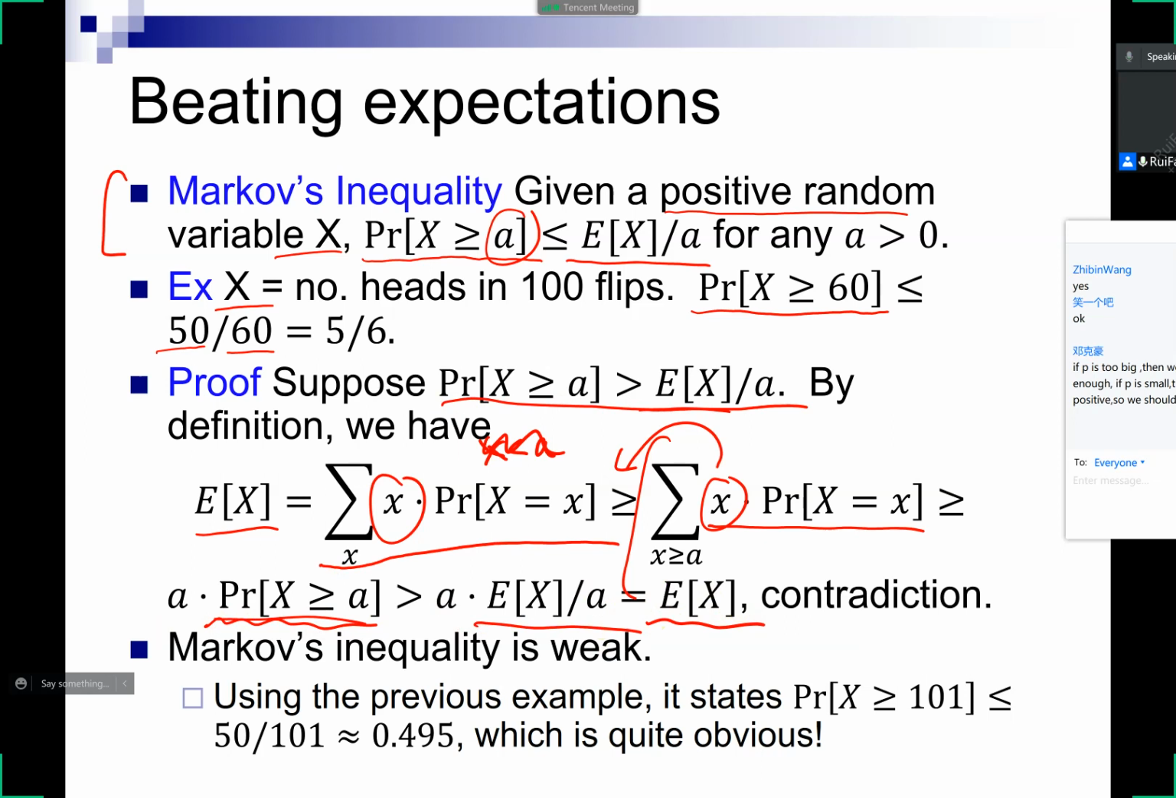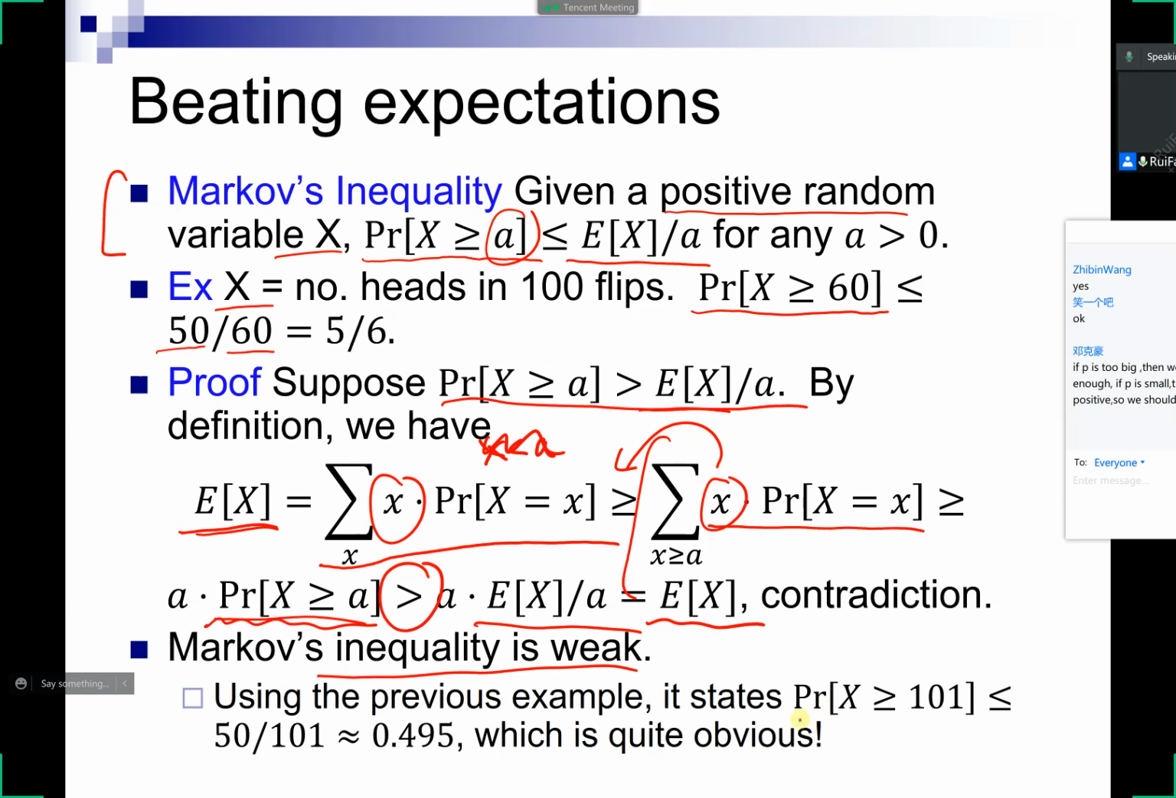Okay. And now you have a contradiction because you're saying the expectation is going to be larger than the expectation. All right, so that proves Markov's inequality, and we saw an example of how to use Markov's inequality. But again, this inequality is very weak, because